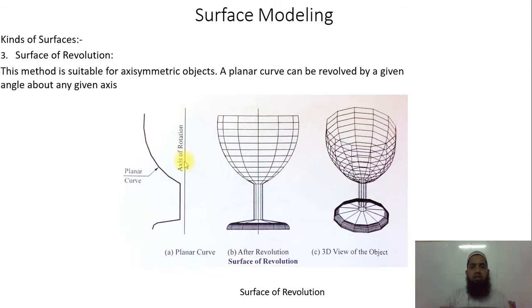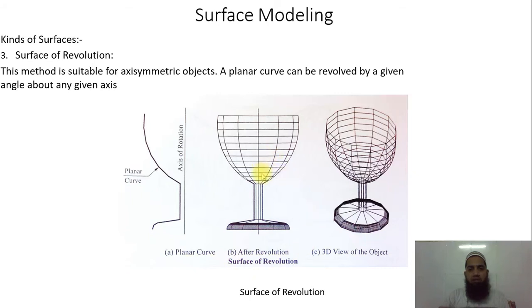In the extrude you can give a command for the surface revolution, the axis of revolution. You can just revolve this. After the revolution you will get such a beautiful model. So we can generate this by using this profile, and it always rotates with respect to the axis of rotation. So this is the axis of rotation, this is a plane curve.